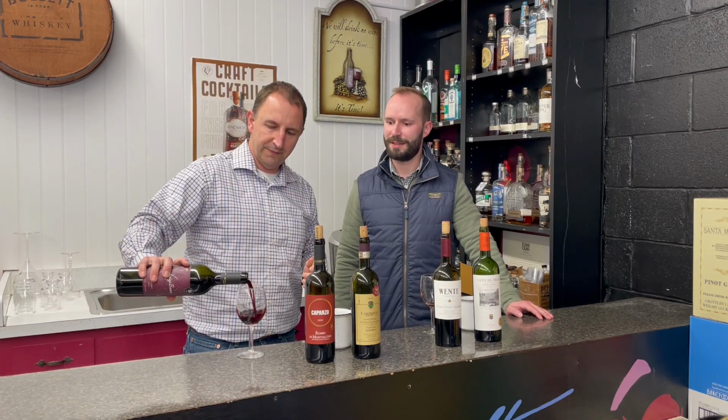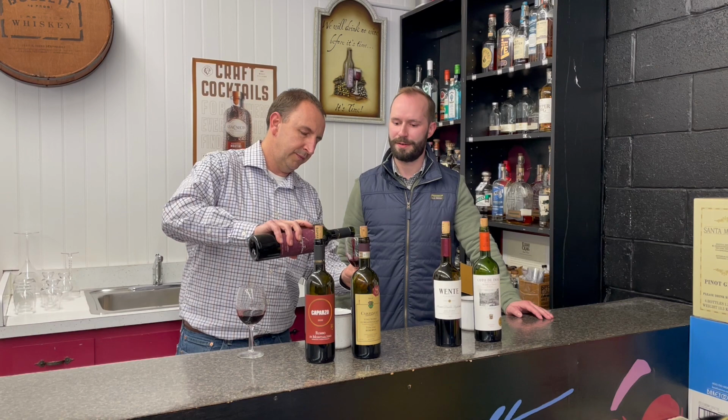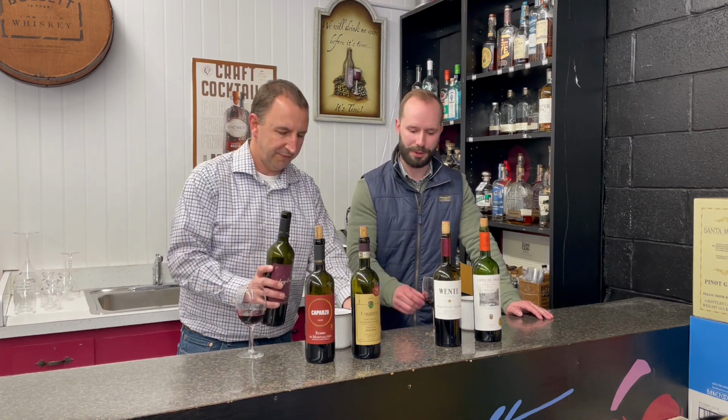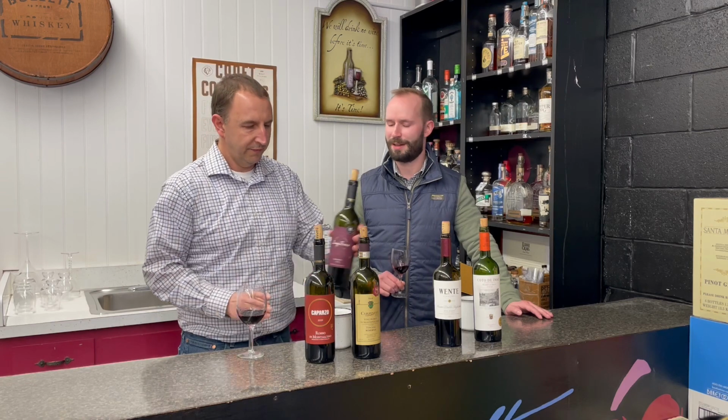What we got next, Nick? This is the Luigi Bosca Malbec. We're coming from Argentina. When you're thinking about Malbec, usually Argentina is the first place, even though the grape originated in France. French wine growers brought it to Argentina, and they've been doing very well ever since. Mendoza is where this is from in particular in Argentina, and